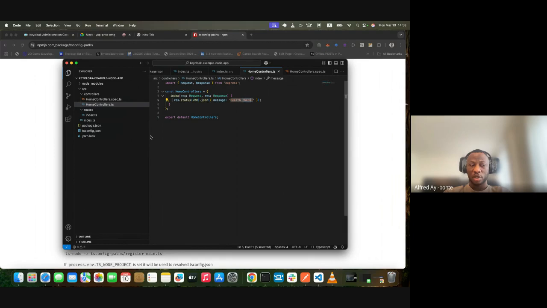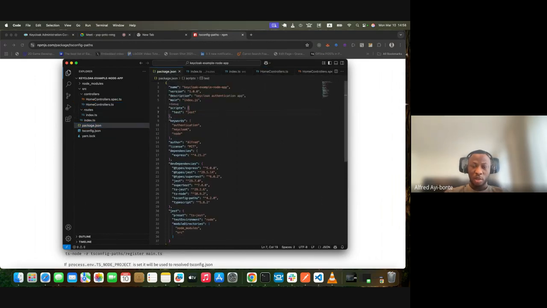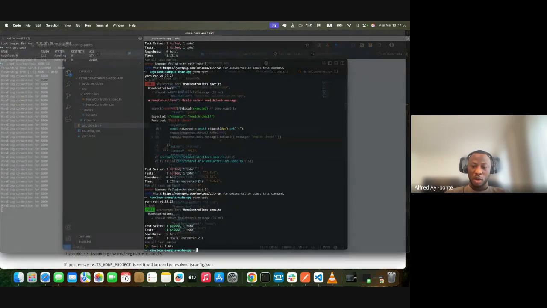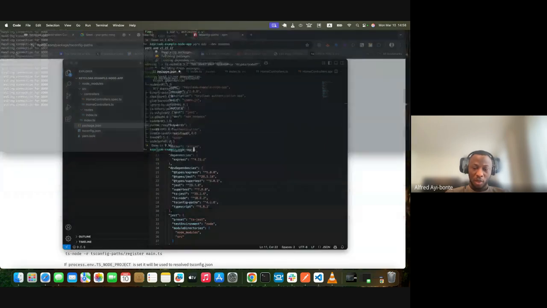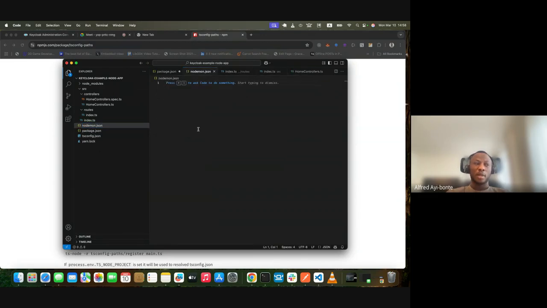So I'm gonna change, and yeah, I'm gonna put the command over here for running dev. So let's run dev first. And we're gonna say npx nodemon, because we want to use nodemon. And then I'm going to have to install nodemon, right? And then I'll need a few configurations for nodemon. So nodemon.json, and yeah,